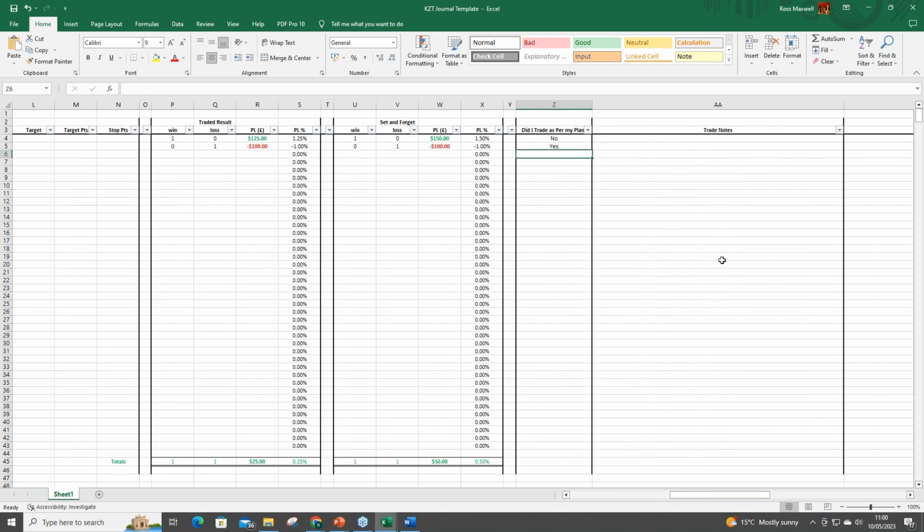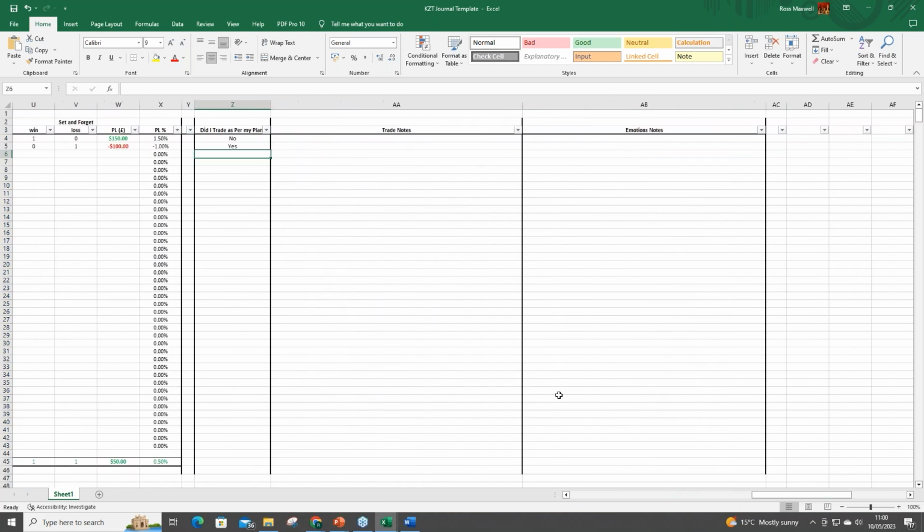Again, one other thing, we have some trade notes, so some details of the trade, maybe scaled out too early, that sort of thing. Emotions, felt anxious within the trade, those sorts of things. Just very slight things, and what you'll be able to do then is work out if there are any patterns. Do you keep scaling out too early from your trade plan? Do you always feel anxious in your trades?